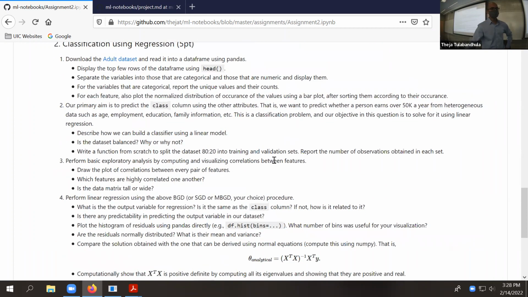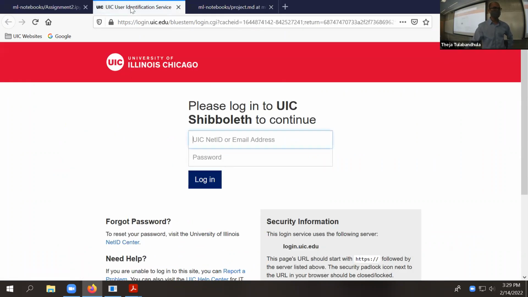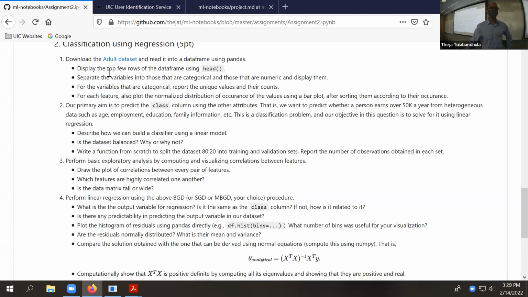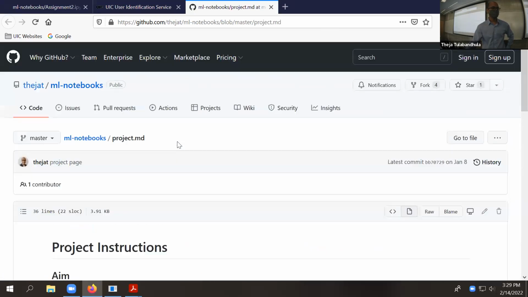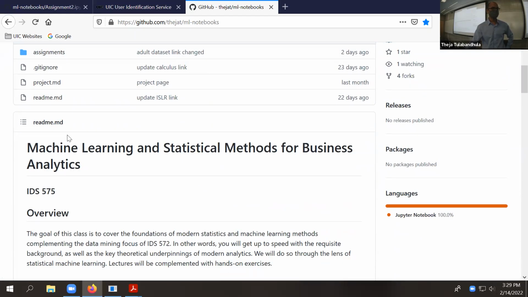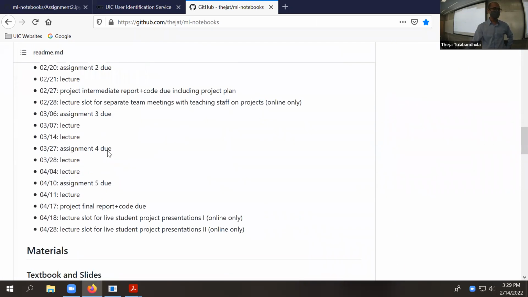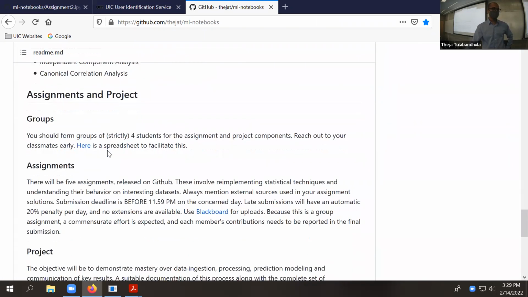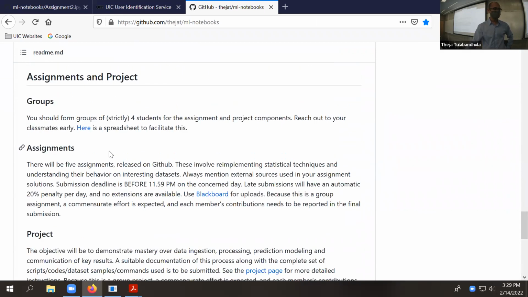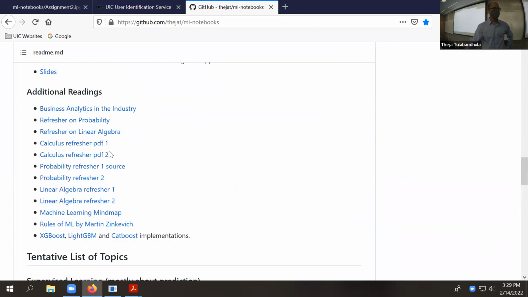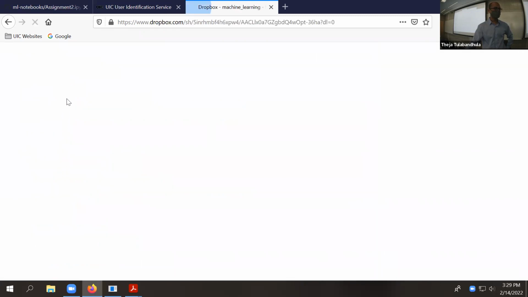The next question is about using a data set called the adult data set. I recently changed the link. Let's see if it works. Okay, it needs UIC authentication. In case you don't find the data set on that link, which ideally you should let me know, otherwise you can get it from our folder.